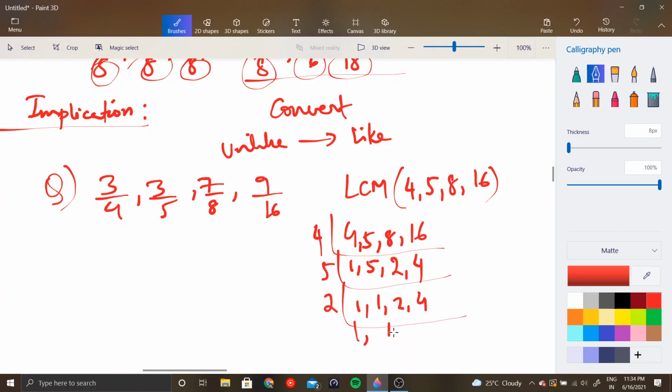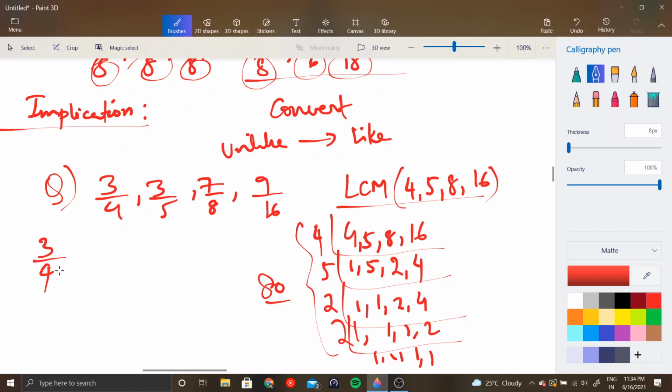And these can be divided by, so the LCM is 80. Right. So now after you have computed the LCM, the job is fairly simple. You need to multiply the denominator with a number such that in the final form the denominator is 80. So in the first fraction 4 into 20 would be 80, and so you need to multiply both the numerator and the denominator by the same term in order to keep the fraction value same, right?